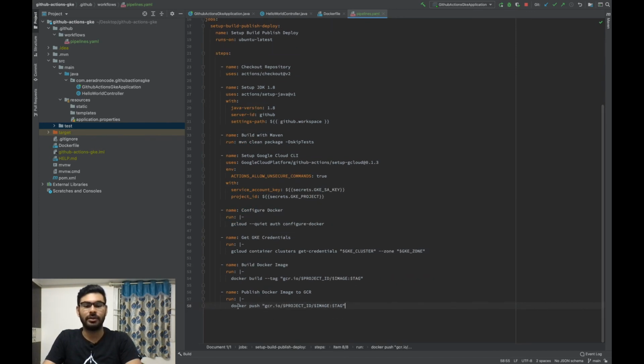And we want to give Docker push our image which we have just created here. So the next step will be to set up Kustomize. So setting up Kustomize requires knowledge of few other things. So that we will be seeing in next video.